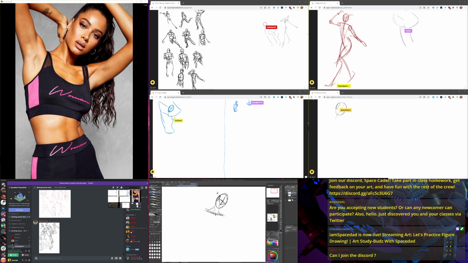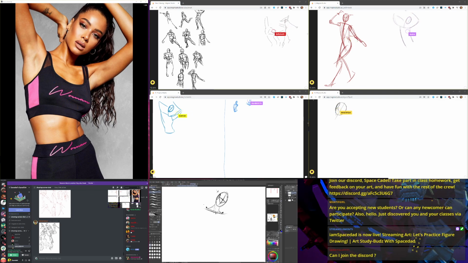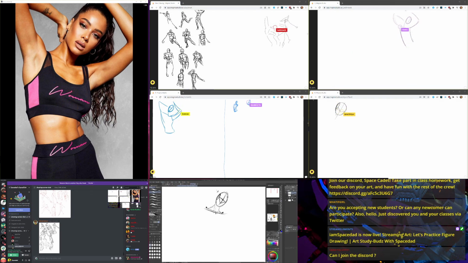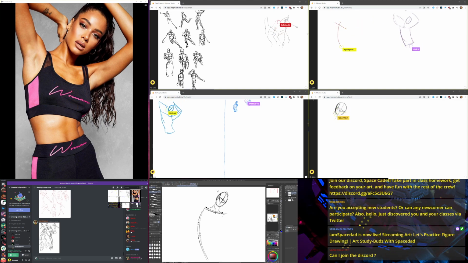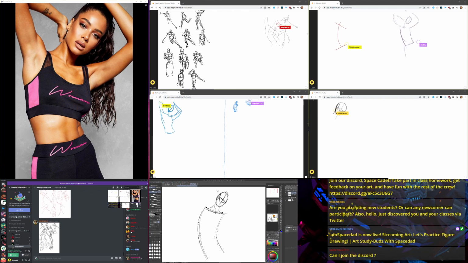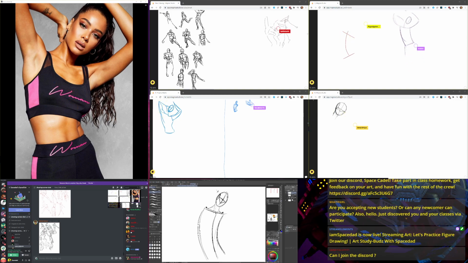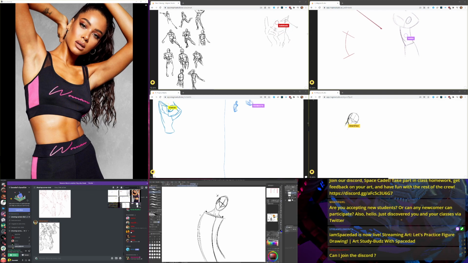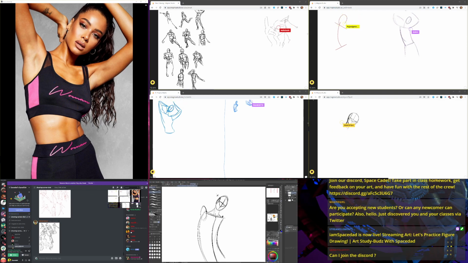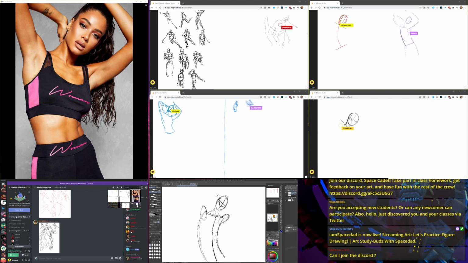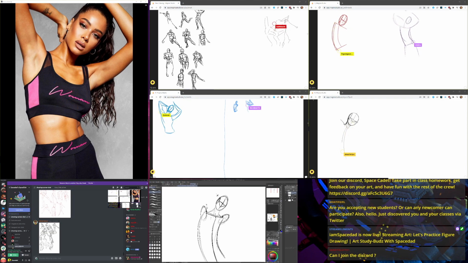So the tops of the shoulders would be about here-ish, I want to say. Just keep things simple. These very, very simple ellipse shapes for the shoulders, just to not overcomplicate things for me.